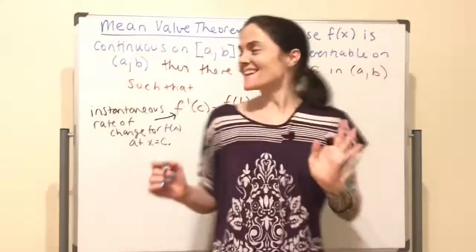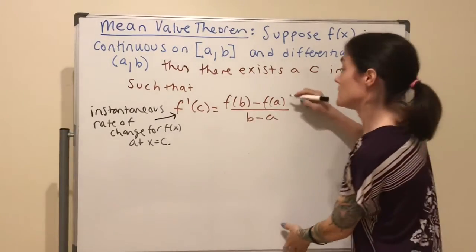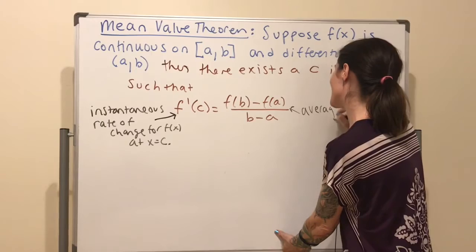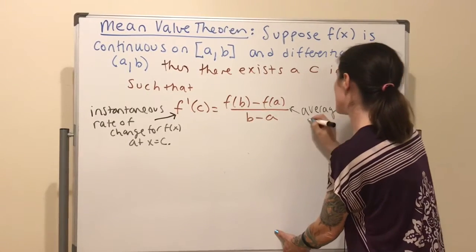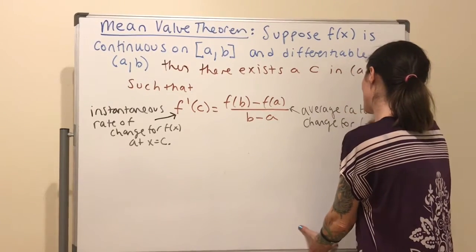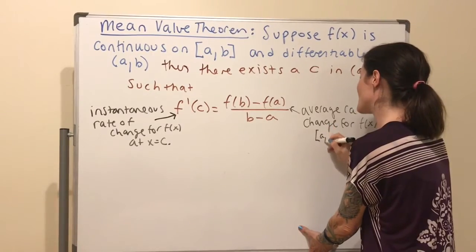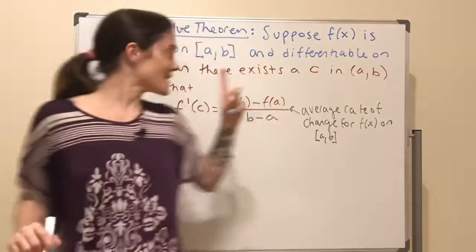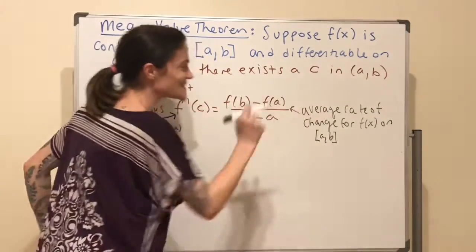And this side, this is the average rate of change on the interval. This is the average rate of change for the function on the closed interval. Or maybe I should have used capital I, capital R-O-C, and A-R-O-C just to save